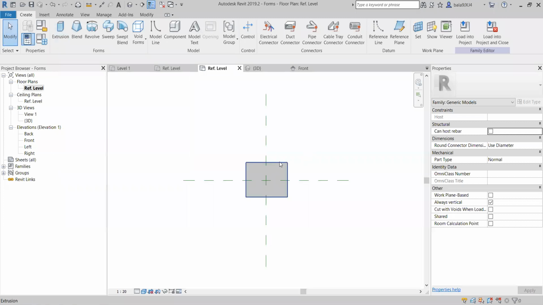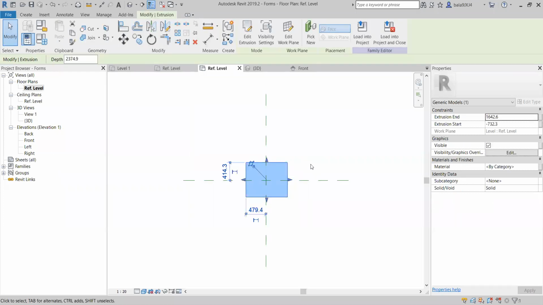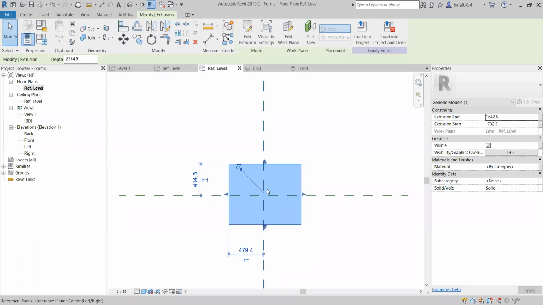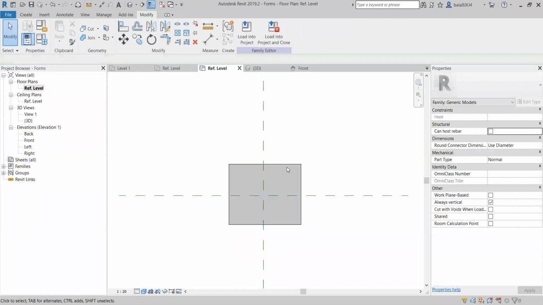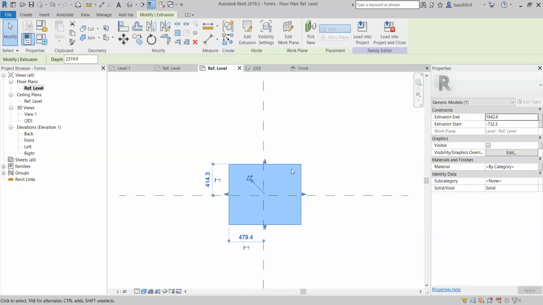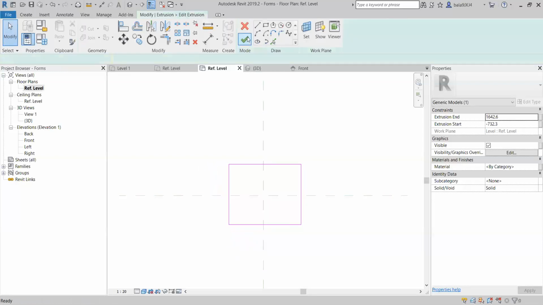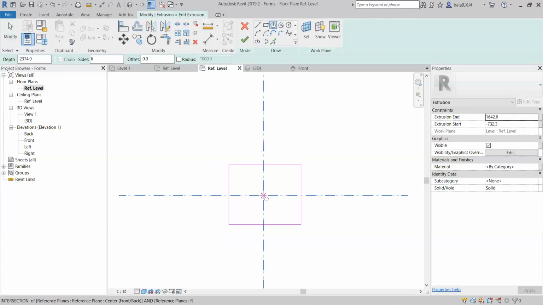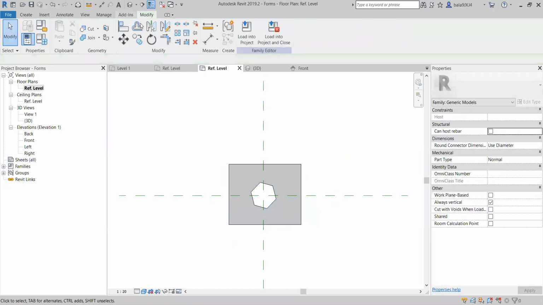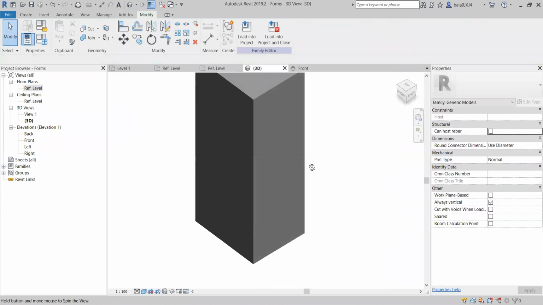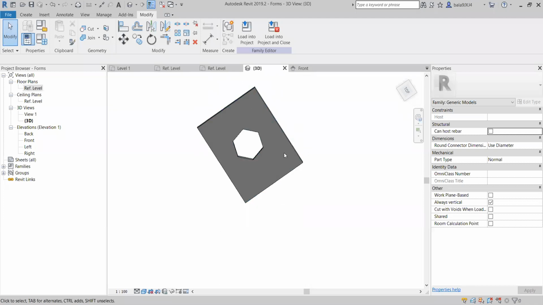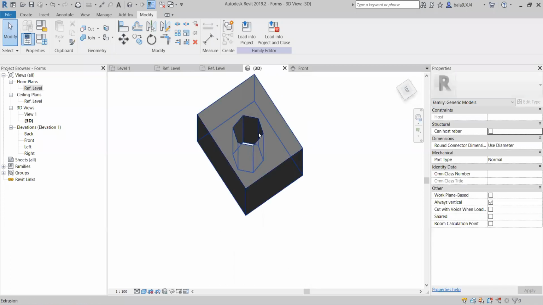Let's say, for example, now I am going to create one solid. Okay, this solid block with a hole in the middle of the solid block. To create the hole, I will select extrusion once again. I will go to the edit extrusion. Here, I create any kind of shape. Let's say I'm taking the polygon. So what happens? If I create the polygon, within the polygon, it gets subtracted.